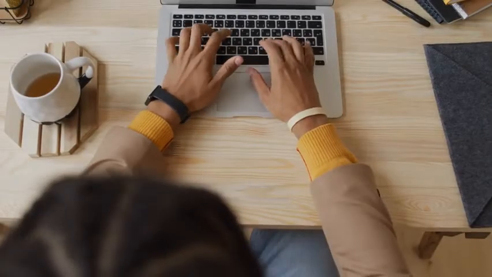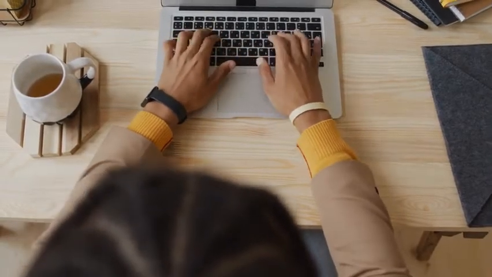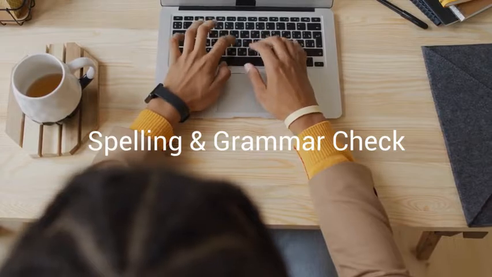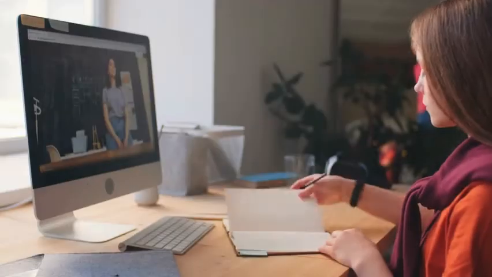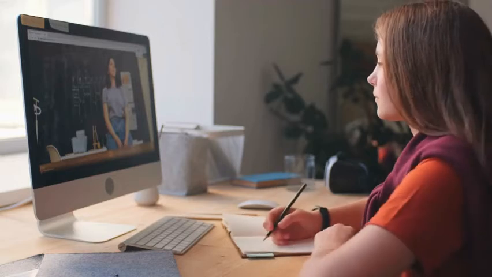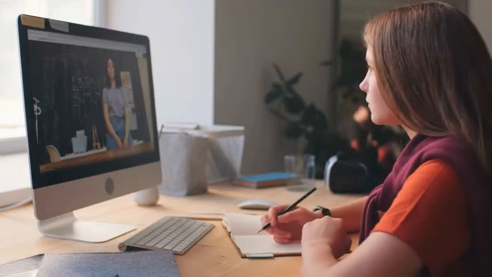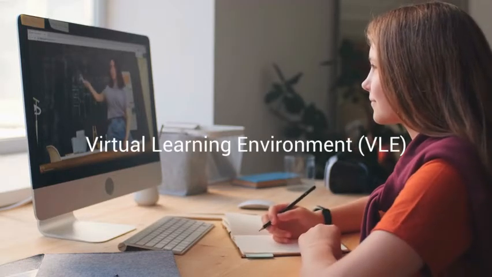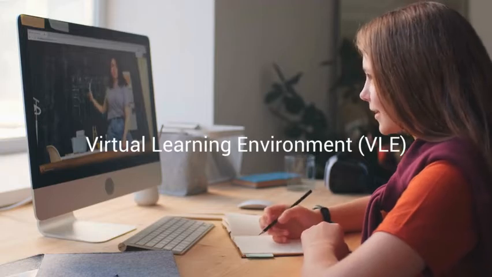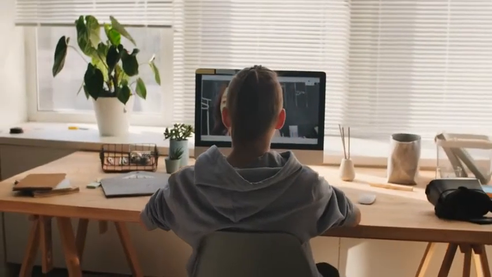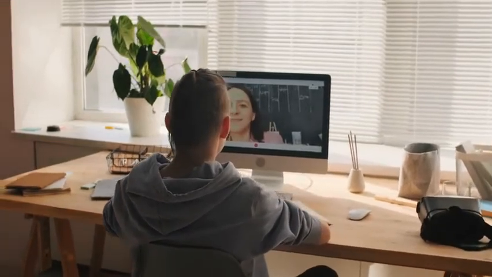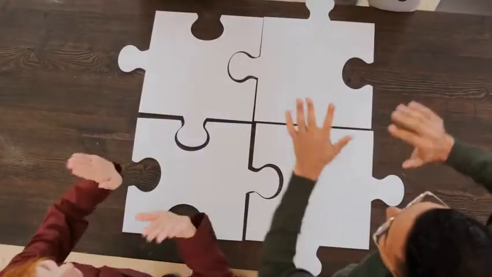The writing process can be facilitated with the use of technology via tools such as spelling and grammar checks, voice to text, etc. Educators and learners have begun to rely more heavily on written communication, specifically in the virtual learning environments, otherwise known as VLE. Educators can look at this as an opportunity to integrate technology to enhance written production and interaction in FSL, as well as to inform their own assessment.